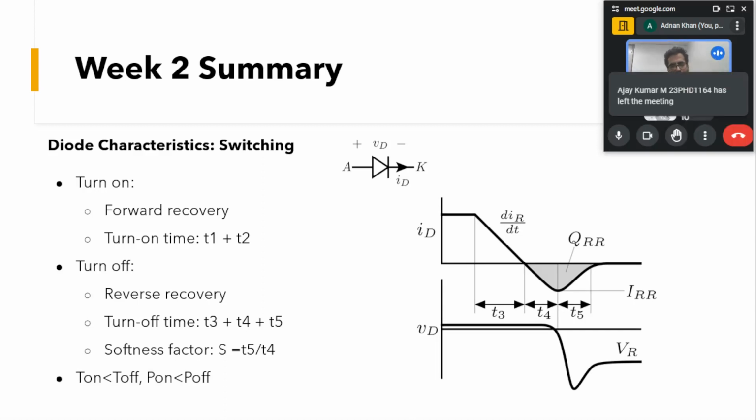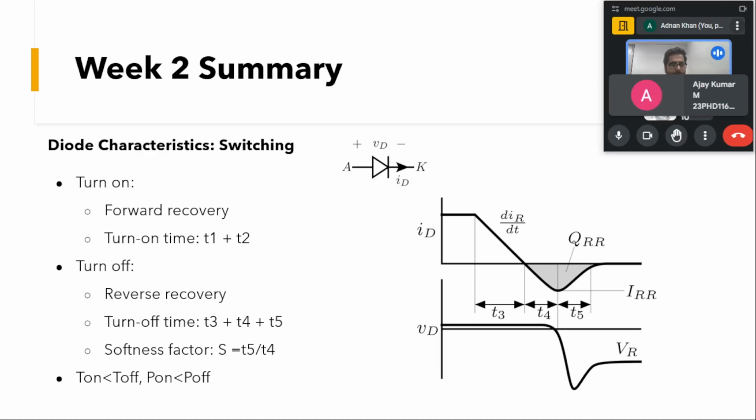Now coming to the turn off characteristics, as I was earlier telling about. Before the diode is getting turned off, it is carrying some current. Let it be some peak current here. If you can see, this is the current it is carrying at this point. Now we want our devices, like if we take a